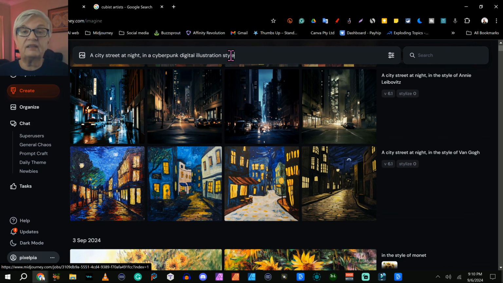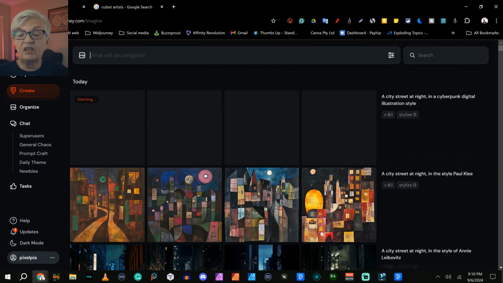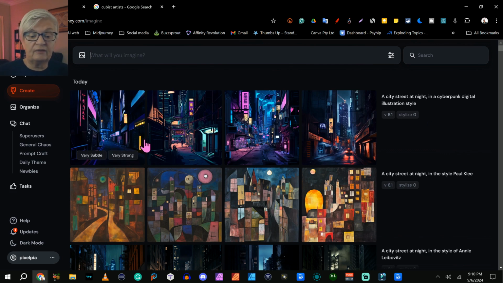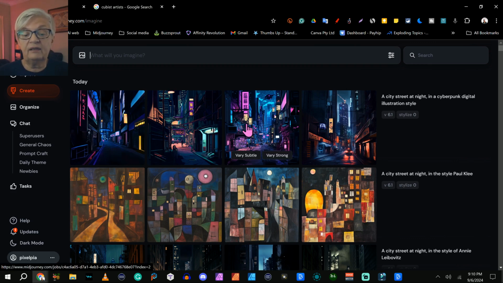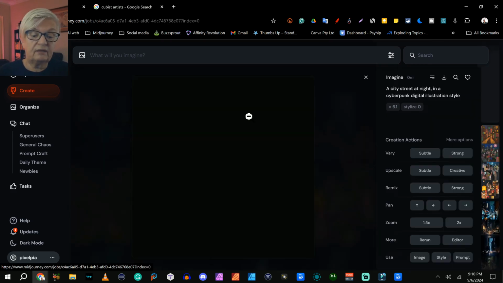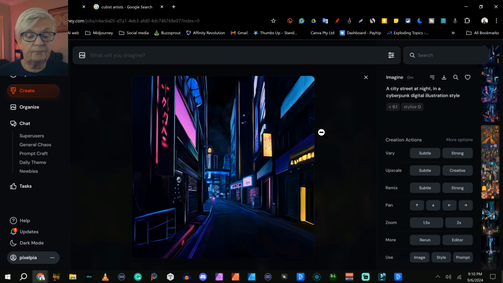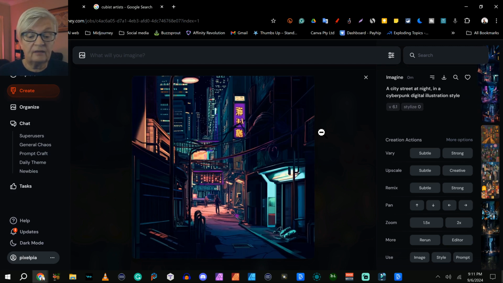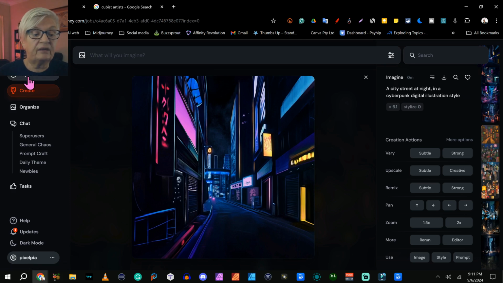And let's see how this night city scene changes when I ask for cyberpunk digital illustration. And you see we have the typical pinks and neon colors here in that style. And if we take a closer look at them, here we didn't reference an artist, but we still got a very different look.